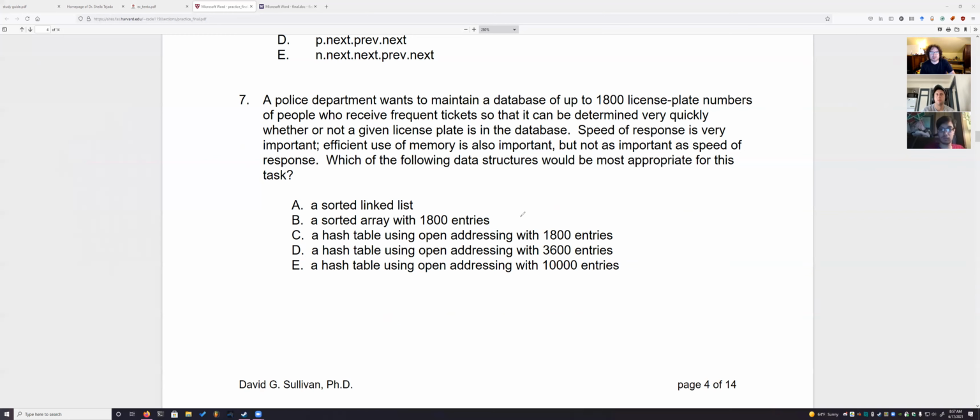A sorted array with 1,800 entries. If we've got a sorted array, on the other hand, getting to any specific index takes constant time. So we can do binary search on this one, right? And doing binary search, finding anything over here is log base 2 of n, which I'll just write down as